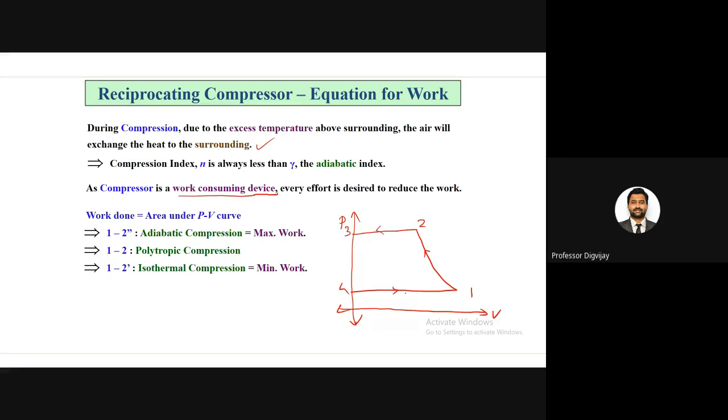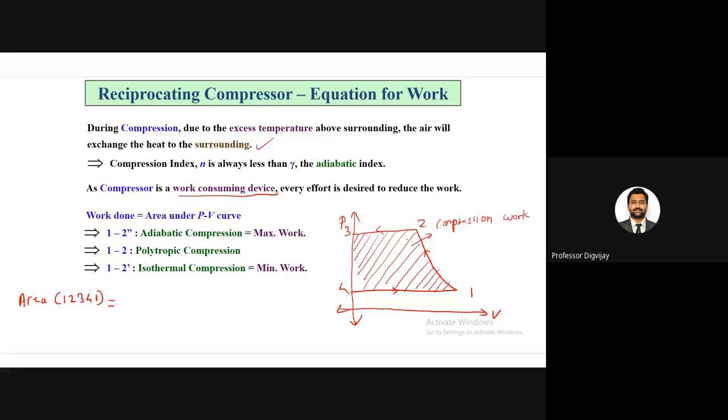So in this case, if I want to calculate how much work is done during this compression, this will be the area enclosed by 1 to 2 to 3 to 4 to 1. If you take this closed area, this will be your compression work. So here I have to simply apply my geometric knowledge. How to calculate this area? First, I will calculate the area. So I'm interested in area 1 to 2, 2 to 3, 3 to 4, and 4 to 1. How to calculate this area?